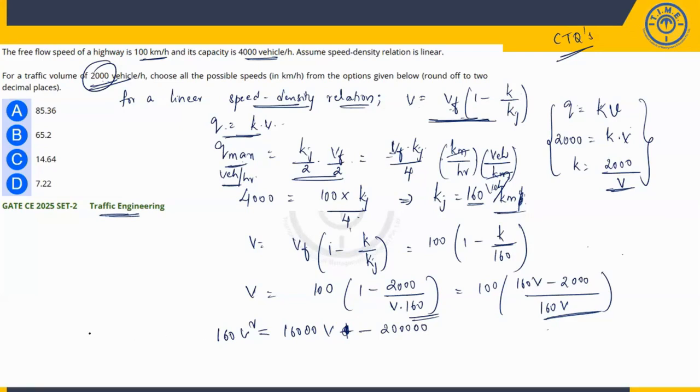From this, the quadratic equation will be like this: 160V square minus 16000V plus 2 lakh